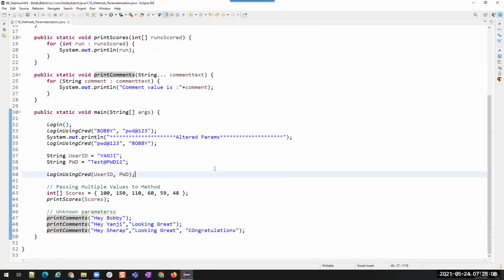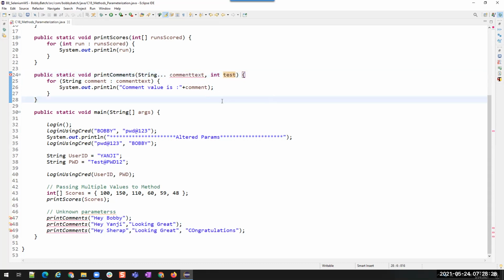Okay. So there are some rules for this unknown number of parameters. Those rules are this: if you are having other parameters as well, then this parameter should be the last parameter. After this, you cannot have any parameters like this. You see, this is not going to allow you.